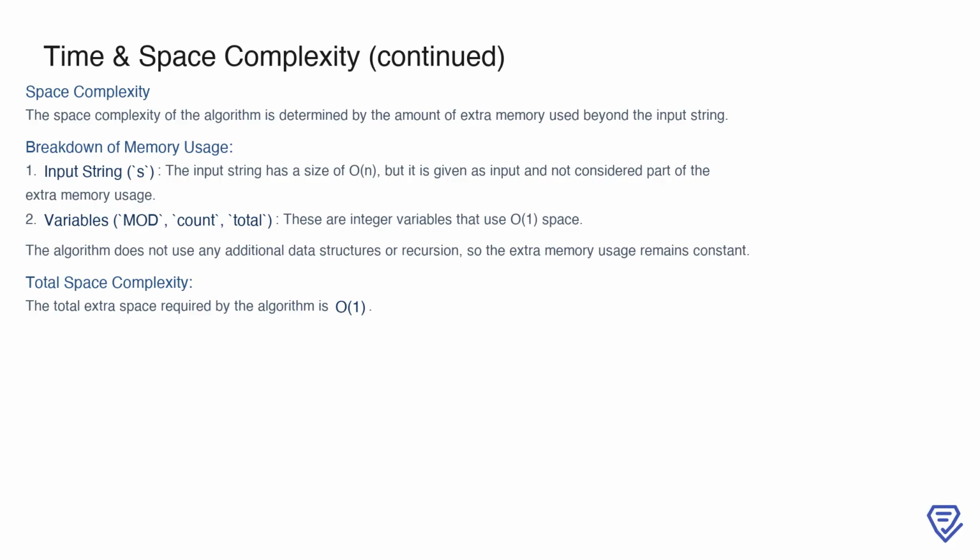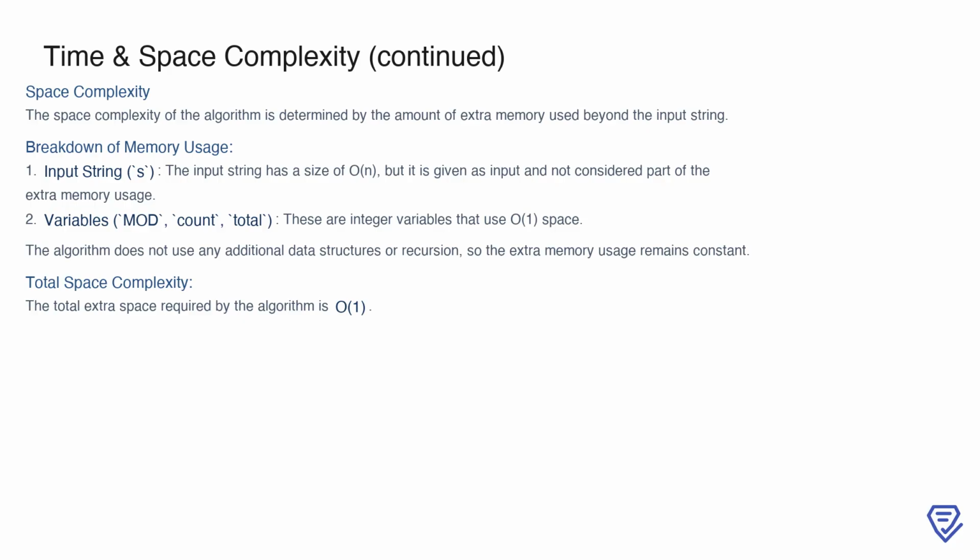These only require O(1) space, as their memory usage does not depend on the size of the input. Additionally, the algorithm doesn't use any extra data structures, nor does it involve recursion, which might otherwise increase space requirements. As a result, the total extra space required by this algorithm is O(1), making it very efficient in terms of